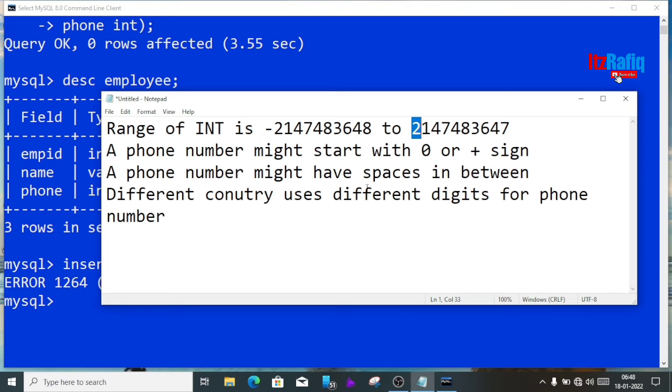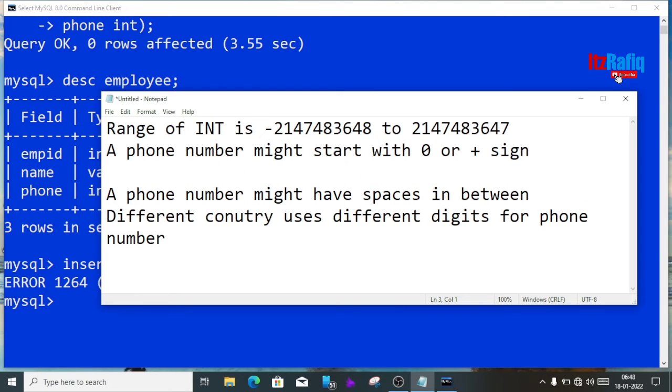Now another point: when we write international phone numbers, we have to write the country codes also. When we give an Indian number to a foreign country, and when we fill up a form of foreign countries, then we have to give the phone number in international form.